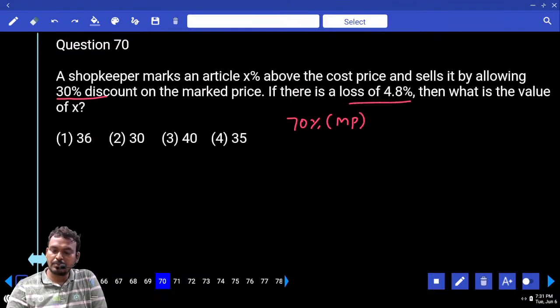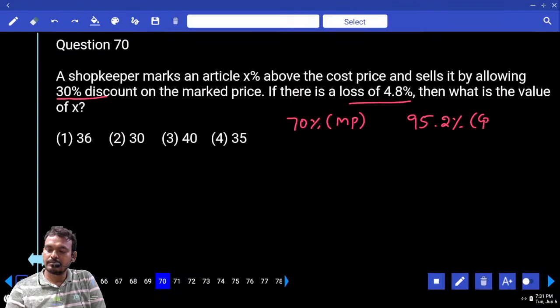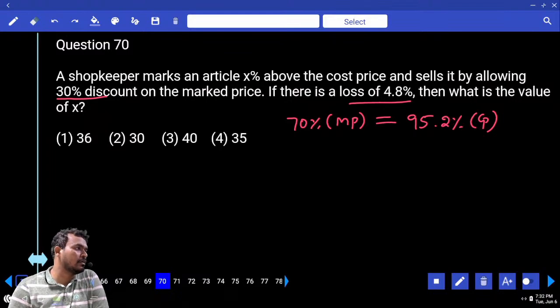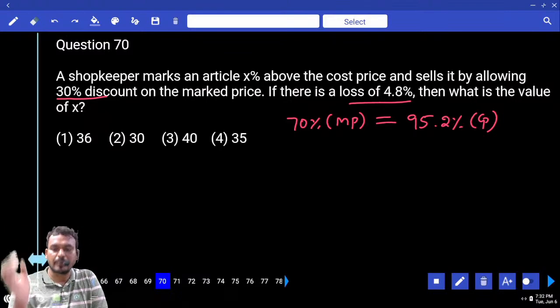4.8. Then selling price is 95.2% of cost price. Left hand side 70% of market price. Right hand side 95.2% of cost price. Both are equal or different? Equal. Selling price and selling price. Then